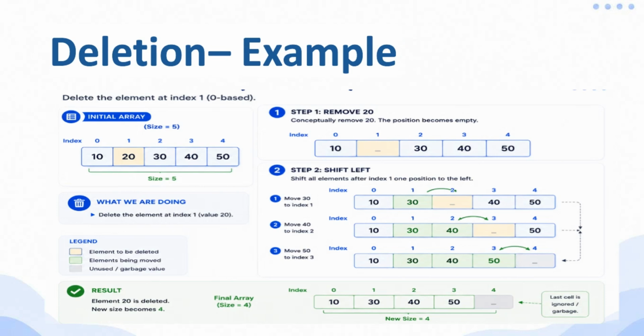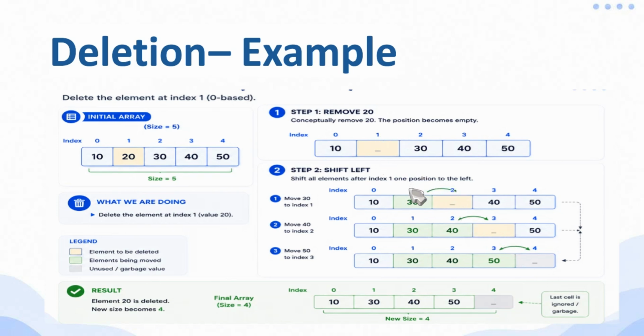So visualize this array, right? 10, 20, 30, 40, 50, which has the size 5. If we need to delete the element 20, the position becomes empty, right? So this is the concept, and what we need to do, we have to shift these elements to the left, right?